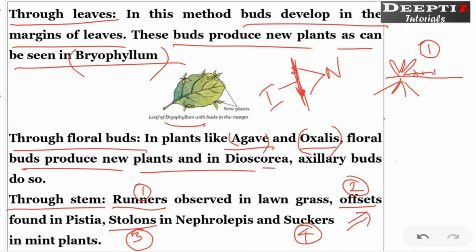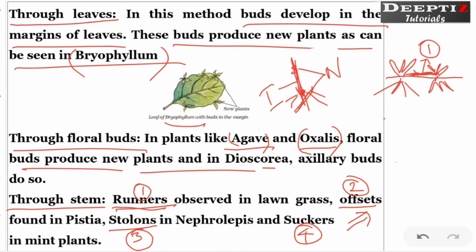These are the internodes. Whenever you plant something by stem, you need to make sure that you cut just below this node, because nodes can give rise to new roots. So here also there will be a horizontal stem which comes, and wherever there is a node there will be a new plant forming. This horizontal structure we call runners.